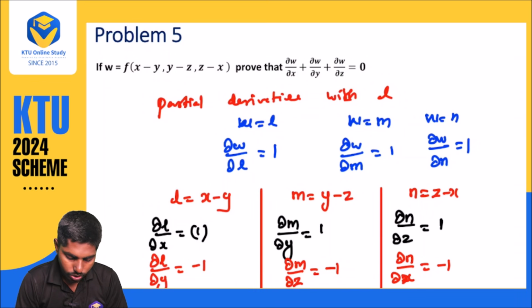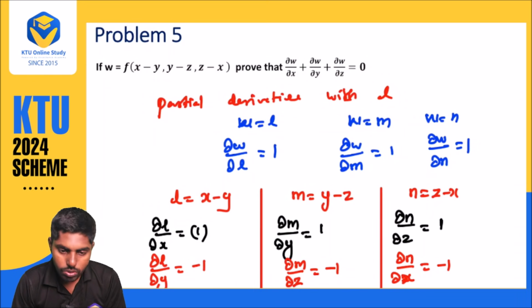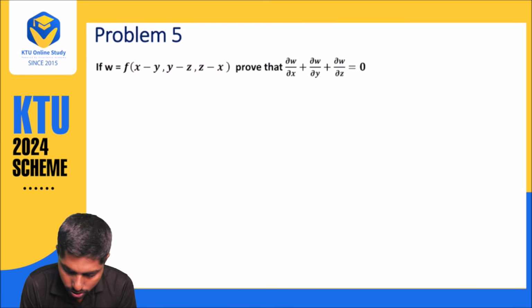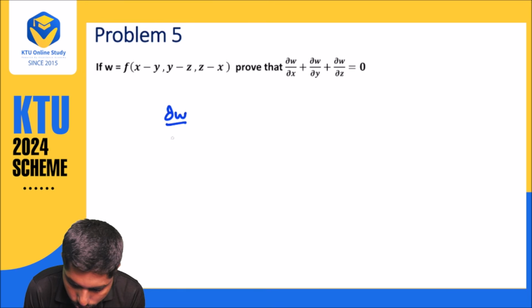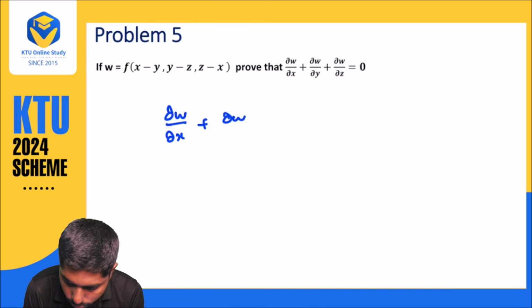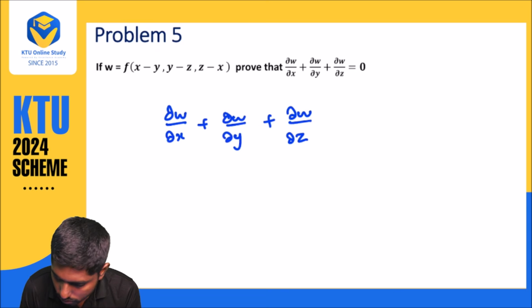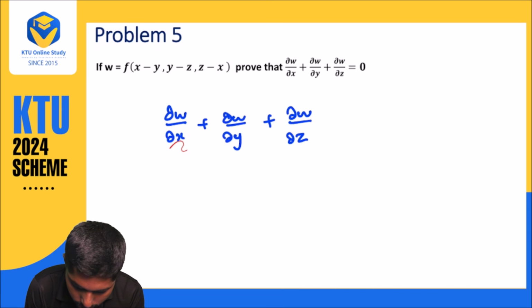So when we are substituting, what are we getting? Now substituting the formula, we can get the answer. So what is our formula? Our formula is ∂W/∂X + ∂W/∂Y + ∂W/∂Z. What is ∂W/∂X? This is nothing but